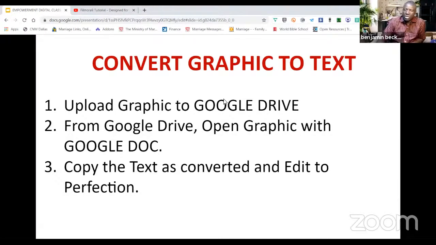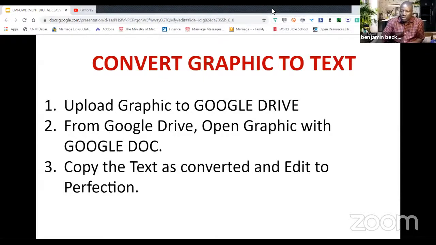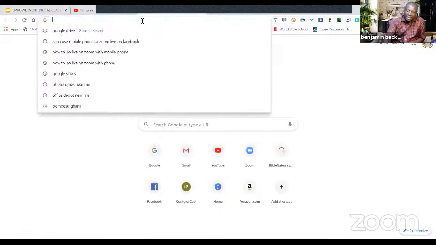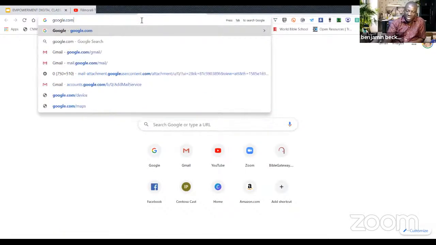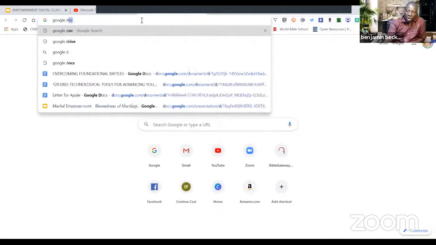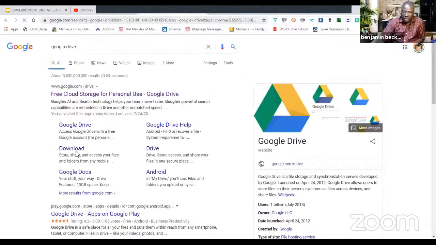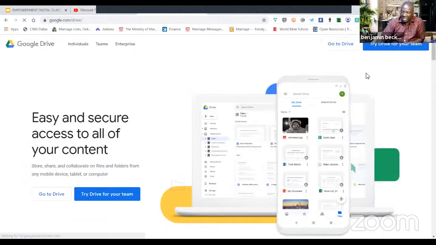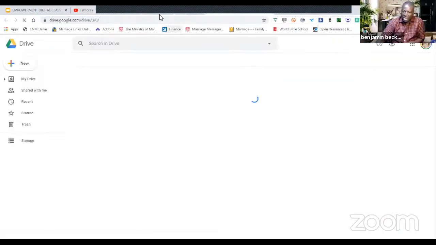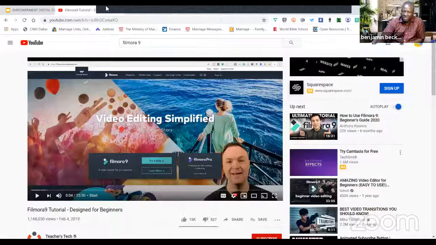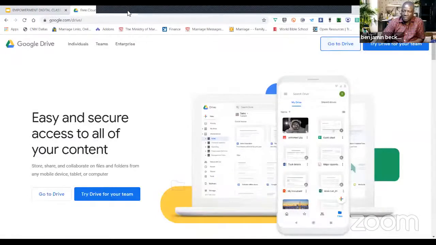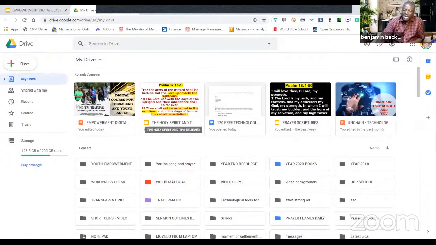So all you need to do is, first of all, number one, have a Google Drive. So you're going to open up your Google Drive. Google Drive is free. If you have a Gmail account, you already have a Google Drive as well. I remember telling everybody to sign up for Google Drive, so I believe every one of us should have that right now. All right, so now what you do is you upload that